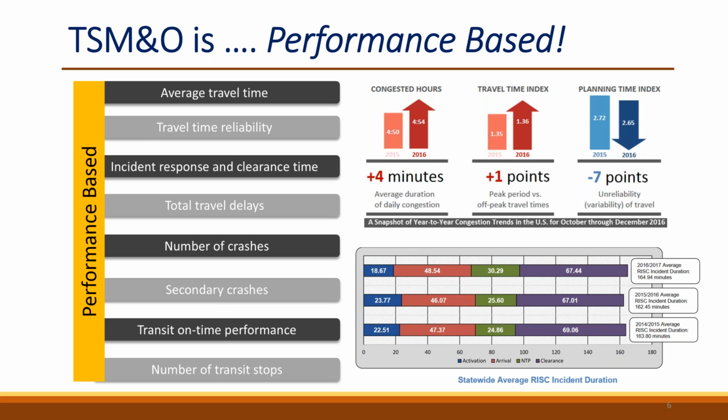Some of the performance measures could also focus on transit or pedestrians or even bicyclists or even metro rails. So some of the performance measures that we could use in order to quantify the benefit of TSMO strategies would be the transit on-time performance, the control delay at intersections, especially for transit vehicles, and also the number of transit stops along the study corridor.